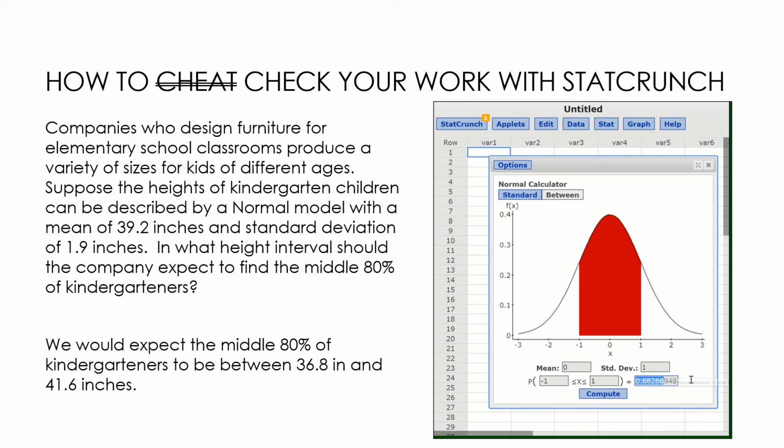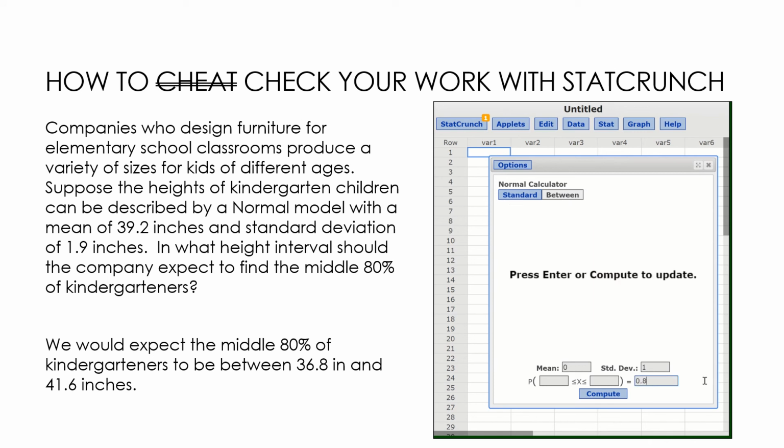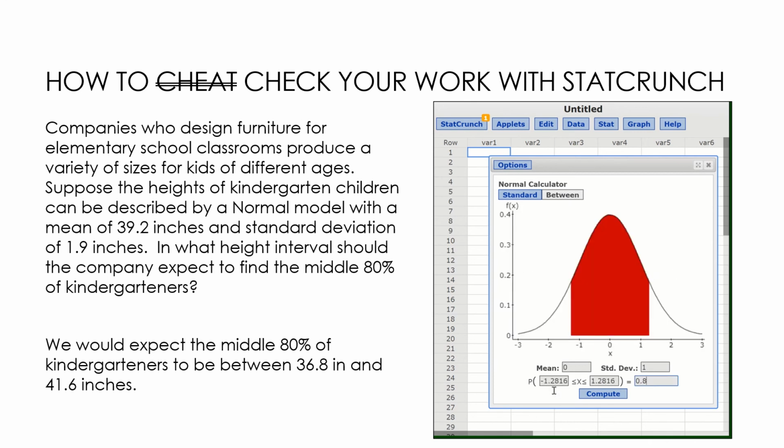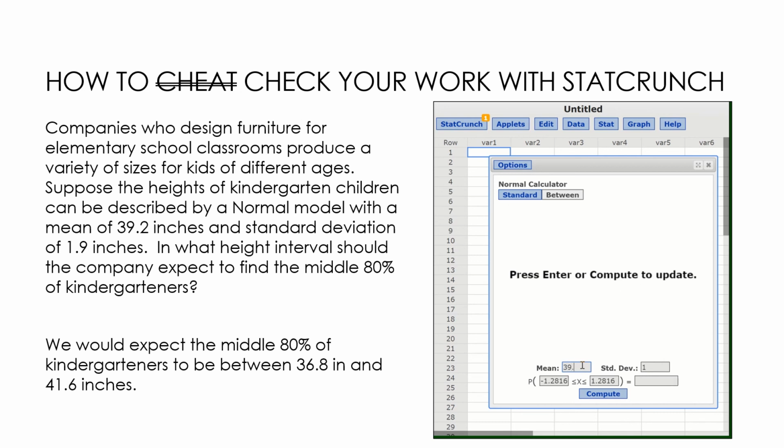And all I have to do to find those z-scores is plug in 0.8. And notice that gives me negative 1.2816 and positive 1.2816, which are the two values that I used before. Then I use those in the z-score formula to find my answers of 36.8 and 41.6 inches. Now obviously we all want to know the cheat way, so if I do 39.2 for the mean instead of 0 and 1.9 for the standard deviation,